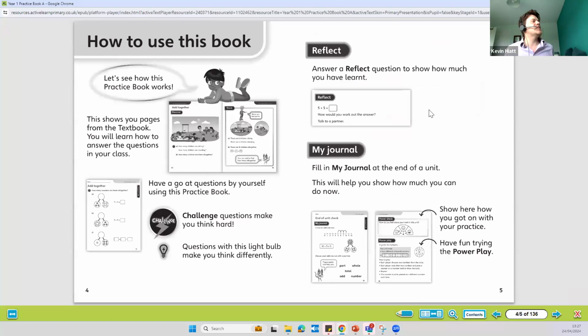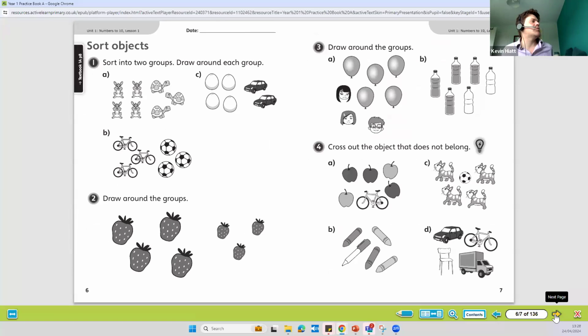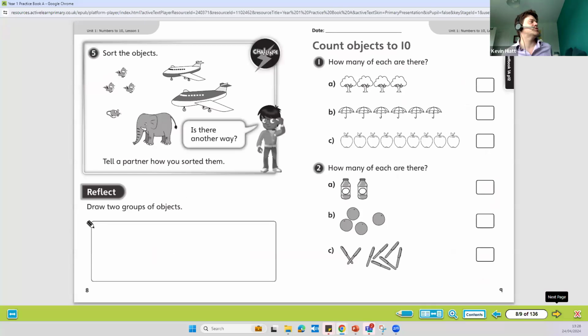So there's a little bit here. This is more kind of adult facing because the children are very young. You'd read through it with them, but just explaining how to use it and what the point of it is. So we're starting really, really simple here at the start of year 1. Nice, accessible content, simplified for children to practice those skills that they've been learning in class.